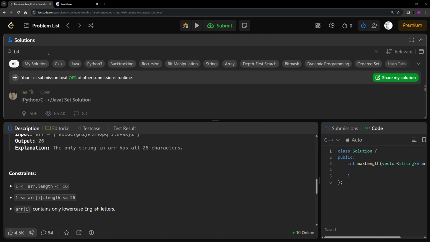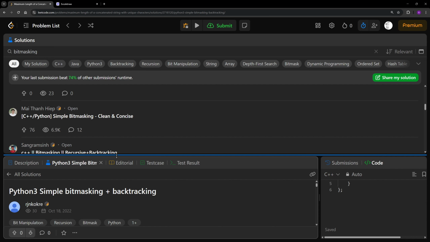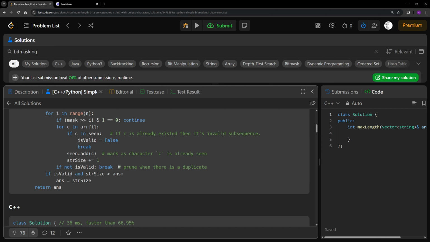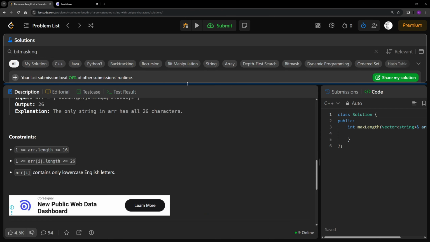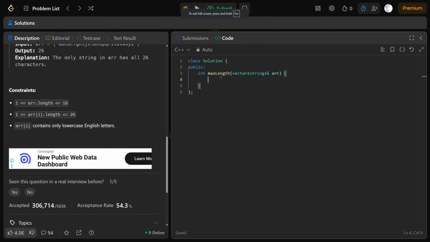देखो मैं एक चीज बताऊं, Lee ने भी नहीं सोचा भाई ऐसा, Lee अगर सोच लिया रहता ना ऐसा, तो I don't know, there are some people who have thought of bit masking but not to this level, not to this level. Bit masking with backtracking, नहीं यार, bit masking with backtracking थोड़ी कर रहा हूं मैं, I am doing, see. So lot of confusing approaches, right? And what my solution is now, guys, I'll tell you, it's crazy. I'll even write it for you guys because I know people do not trust people who do not code.